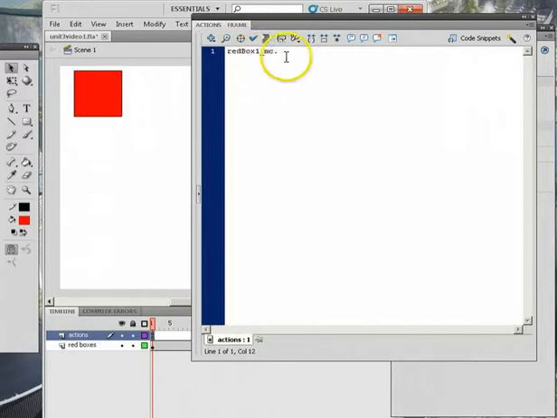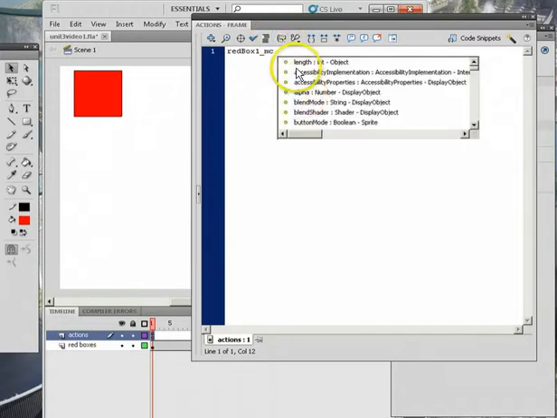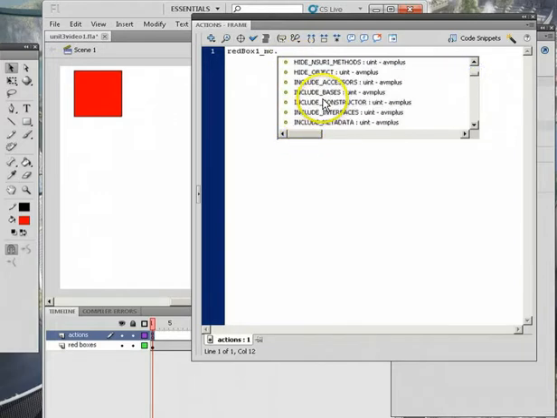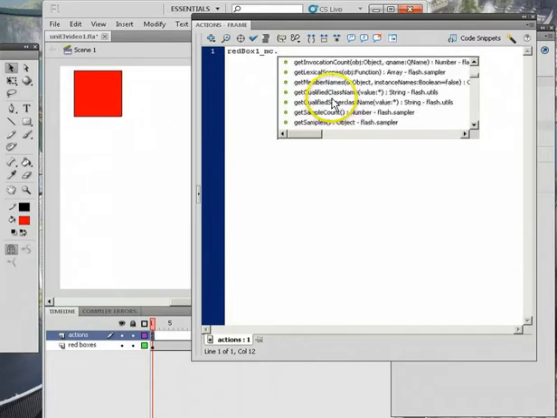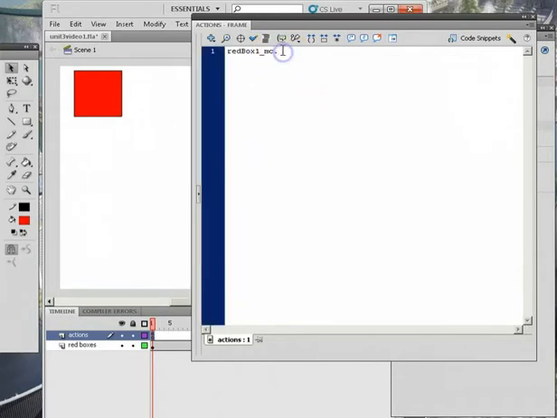Now that I have this dot, I can use this cool little show code hint button. It's going to pop up a list of every property and method that I can use with this movie clip. Every single one. If you can't remember exactly what it's called, you can just spend an hour or two scrolling through here. Or, in this case, if you remember how it starts, it's add event listener. I don't remember exactly how it's typed, but it starts with add. Okay, so type add, and then hit show